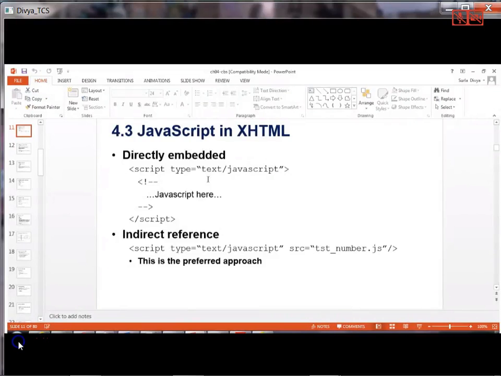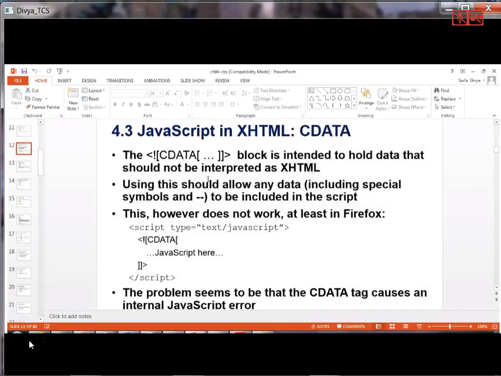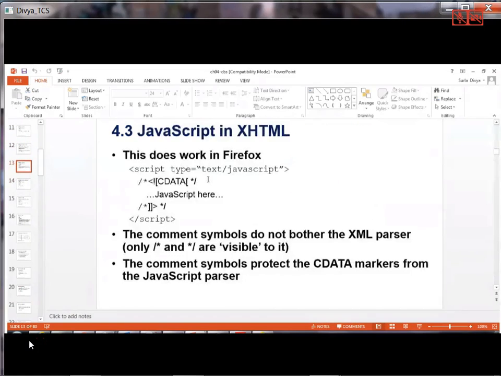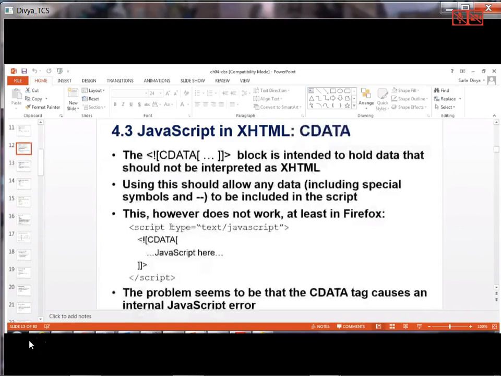I hope you are familiar with the syntax of JavaScript. How do we actually include it in our web page? And multiple line comments. And we generally don't use the CDATA as we have issues in our browser. So we code our JavaScript code within the head section of the script tag like this, as in inline or